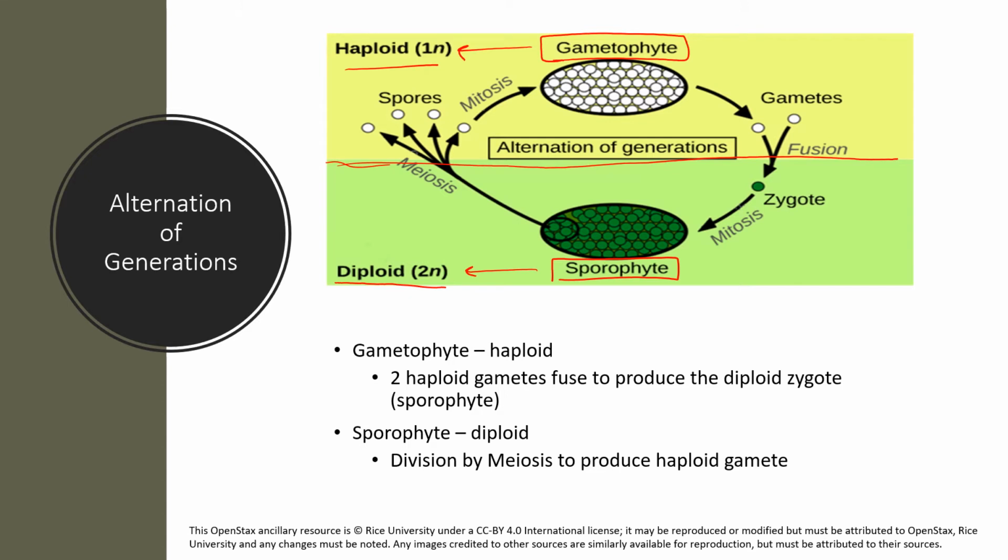Let's begin with the sporophyte. So the sporophyte will undergo a cell division called meiosis. And you don't have to recall the details of meiosis, but hopefully you can remember that this is a reduction cell division. What that means is it takes the chromosome number and it cuts it in half. So the sporophyte is diploid, but the spores that are produced after meiosis are going to have their chromosome number cut in half, meaning they're now haploid. They only have one copy.